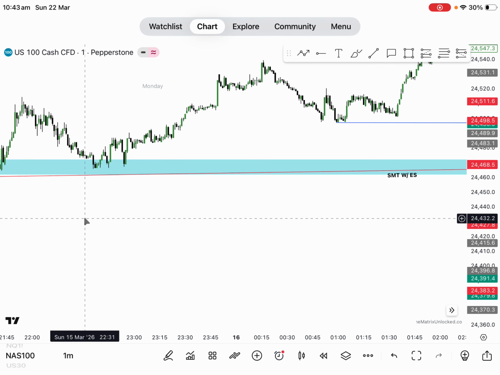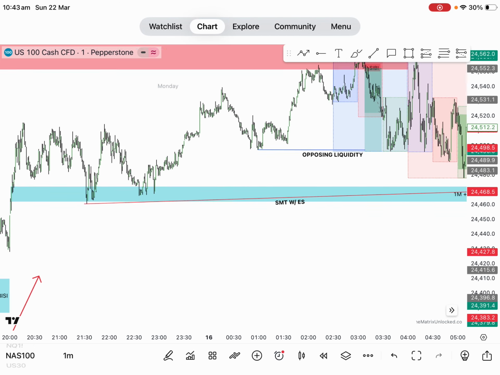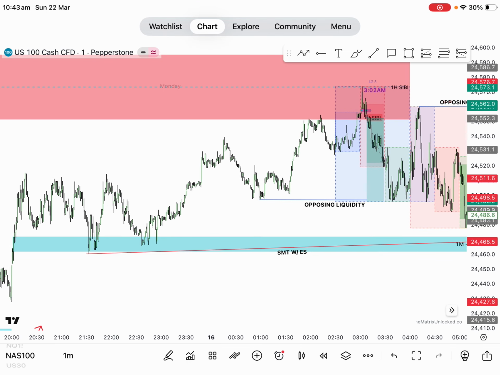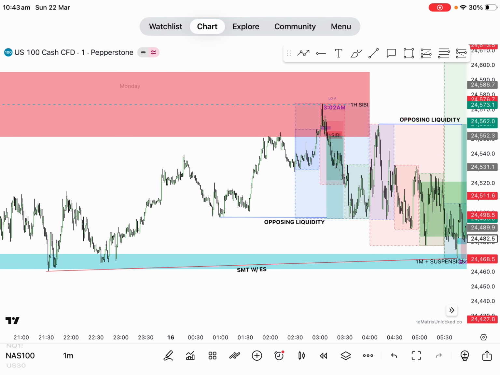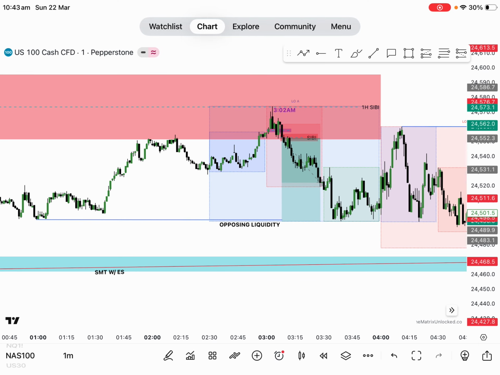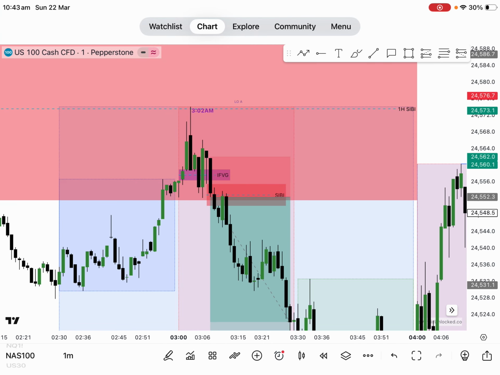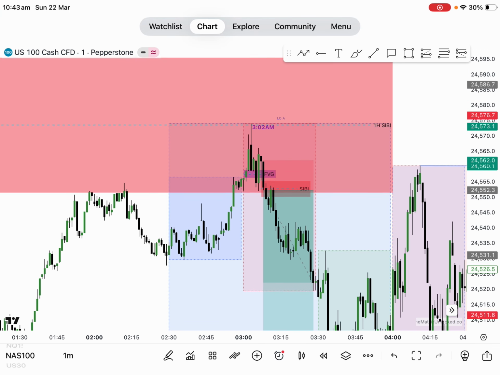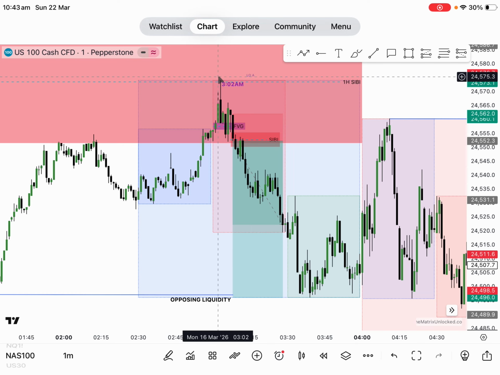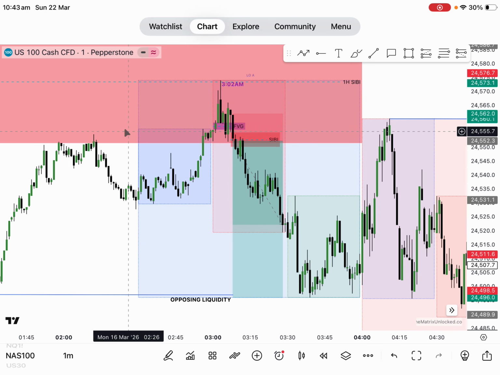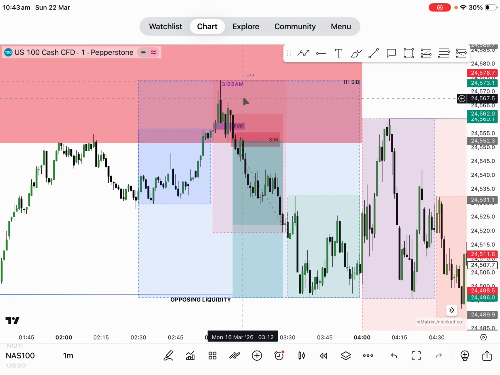Trade number 1. Another SMT here, look. But after that, we're going to have a look at the second one. Look, so now it came to the Monday London kill zone, 3:02 a.m. But this one, even though I showed you SMT, there was a liquidity sweep here, but SMT did not appear